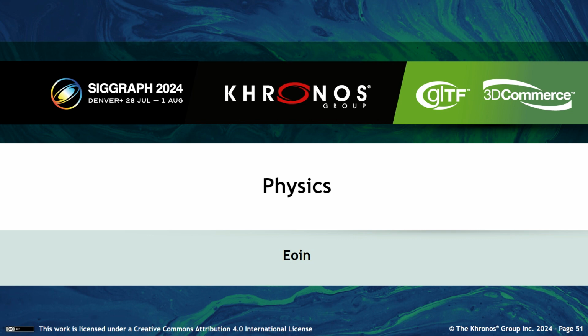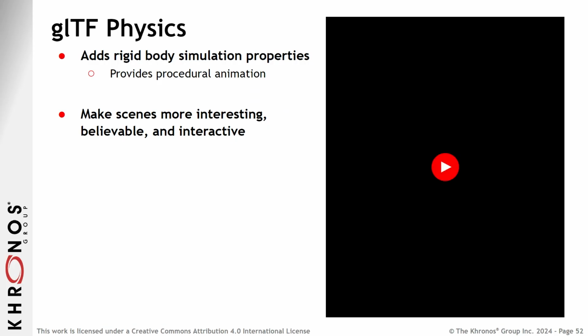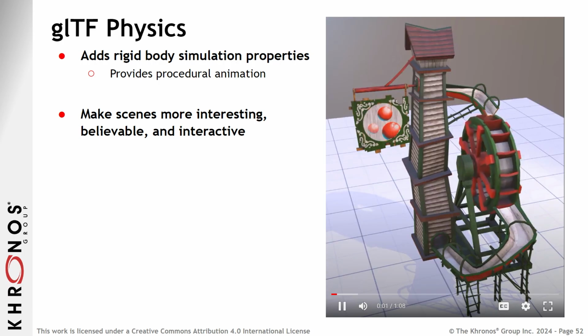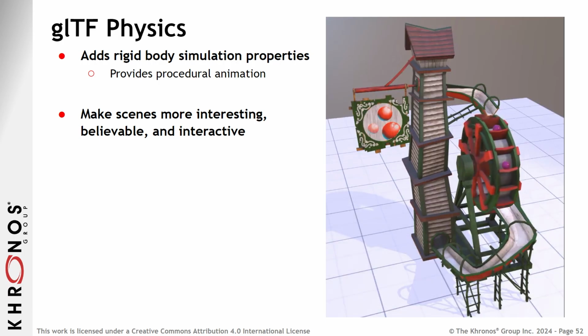I work for Microsoft on Havoc Physics, and we've been working on an extension to allow you to describe physical objects in glTF. So what do we mean by physics? Particularly we're concerned with rigid body dynamics, so objects that don't change shape. The reason for this is the existing solutions out there for rigid bodies are pretty mature. They might be slightly different in behavior and the amount of dials and settings they might expose, but the fundamental concepts are all very, very similar. And that's what we've really focused on